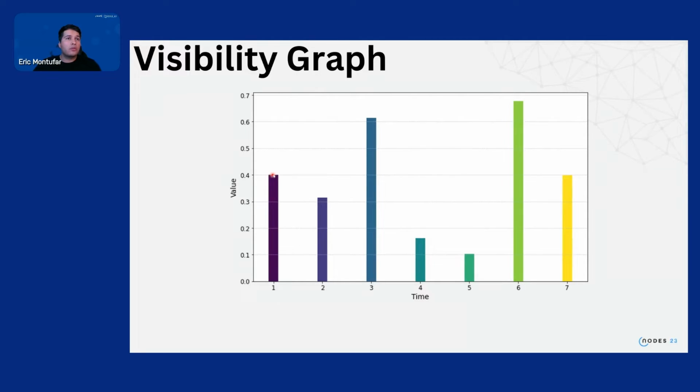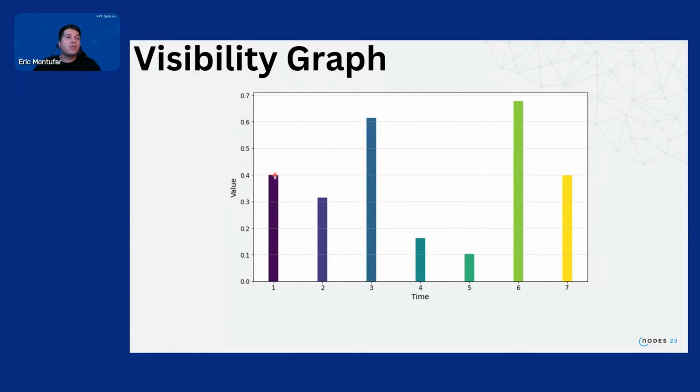Basically, we're going to try to draw a straight line between the top of each of these bars, and if it's possible to draw it without having any other line or any other object in the middle, that means the visibility condition is fulfilled,